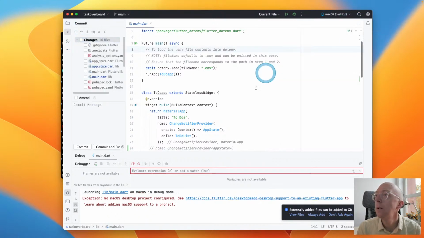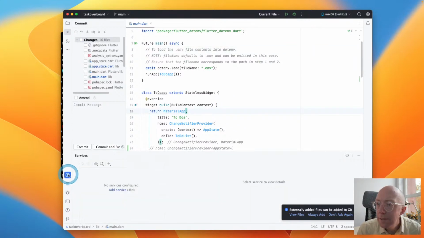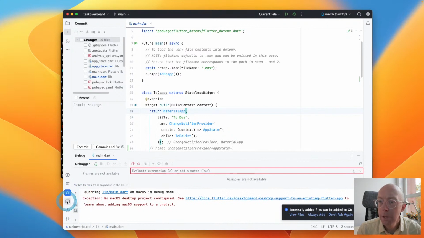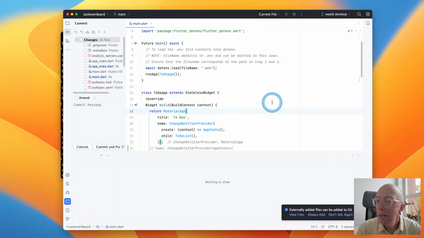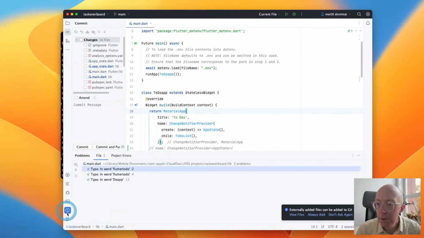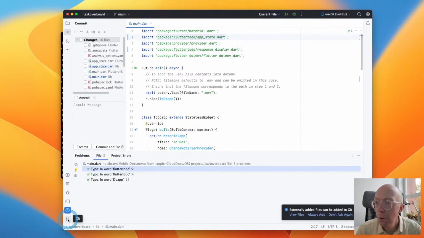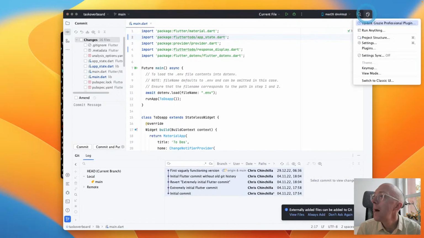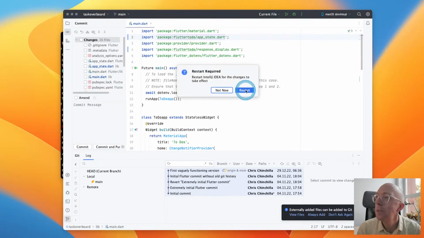Go away. That's it. So, and down here we have services. I'm not completely sure what that might be. Yeah. Messages. So this is debug. The problem is, to switch back, it has to keep restarting, which is annoying.